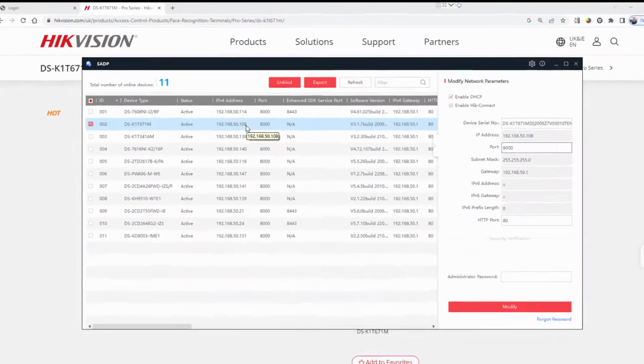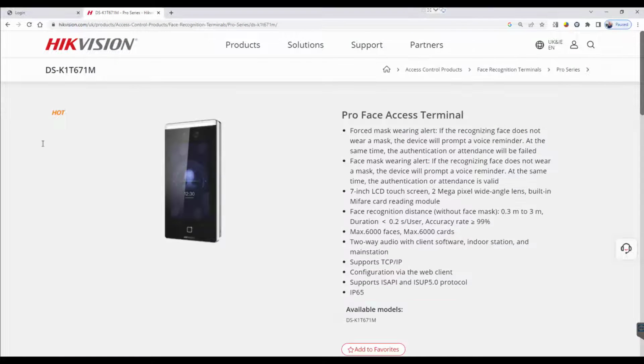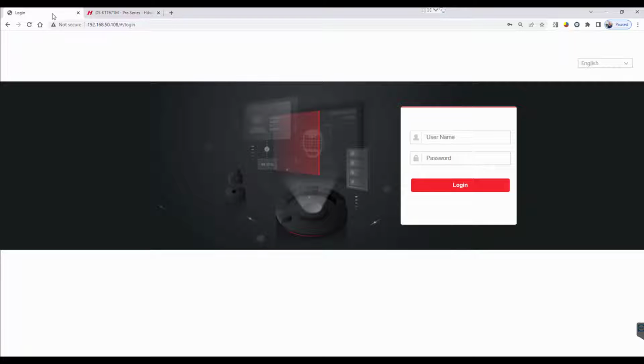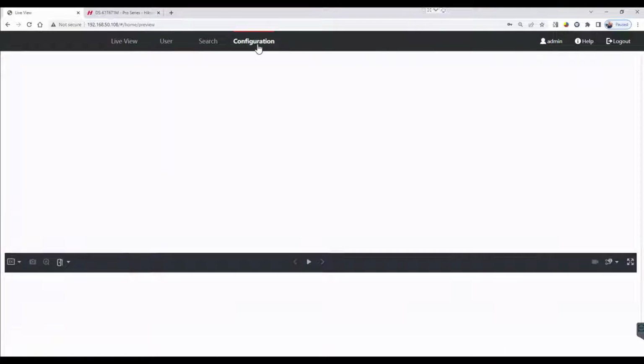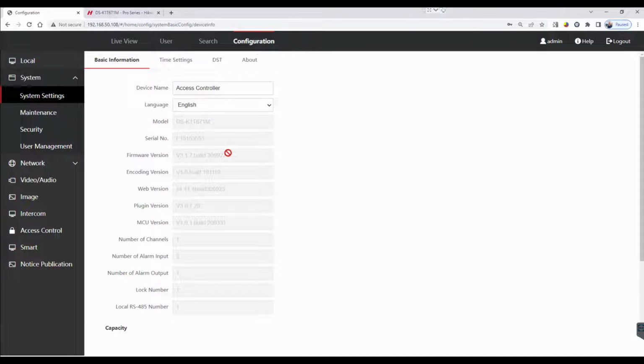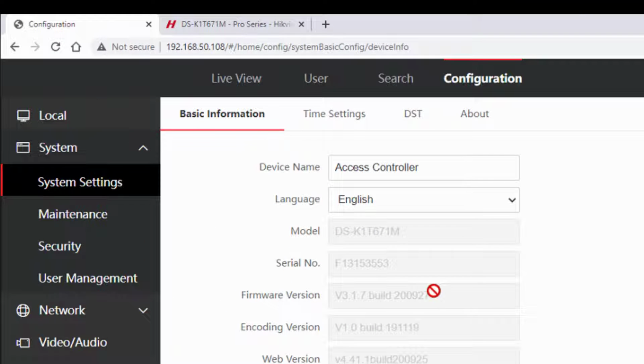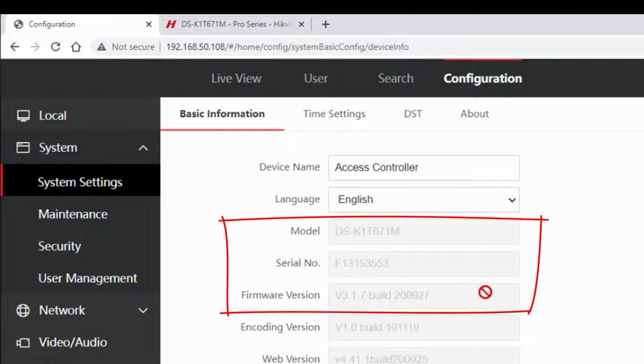I've just double-clicked the IP address on there, and what happens? I've got a login prompt for the panel. I'm going to log on there right now. Here we go. If I want a live image, I can just click OK. And that's the right panel I'm after. It's all online. I need to go to the system settings and check the firmware version. You can see the firmware version is sort of grayed out, but it tells you it's on 3.17,